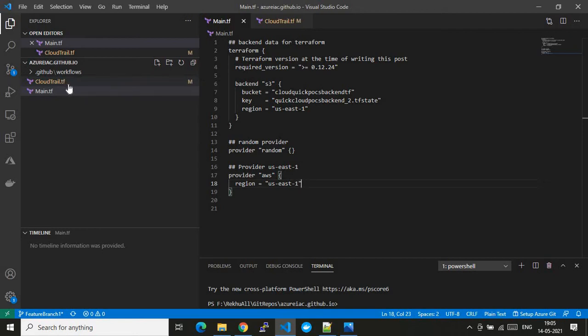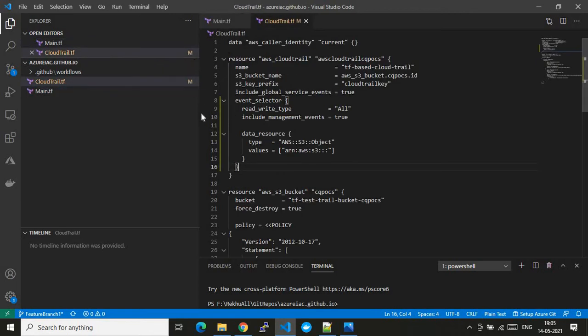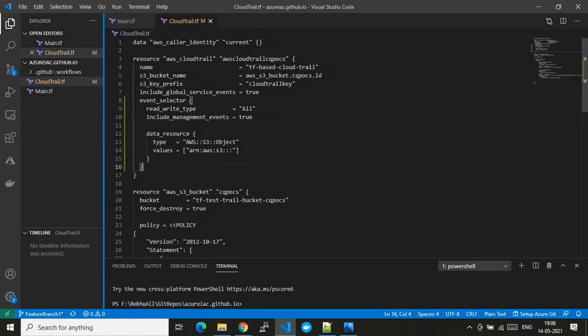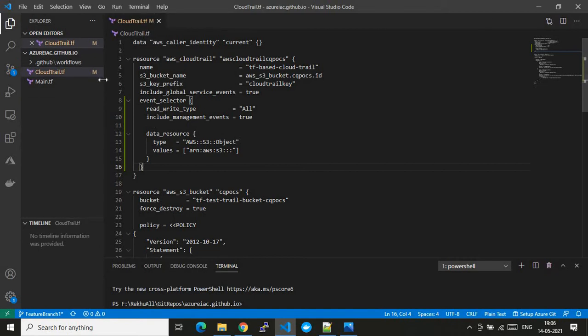Now let's go to the main motive of this demo, which is to show you how you can create a CloudTrail with certain filter data, a certain filter within the CloudTrail. Let me quickly walk you through this code. This is the main and sole file which contains the end-to-end code for this demo, so you can focus on this page only. Let me close the other page.